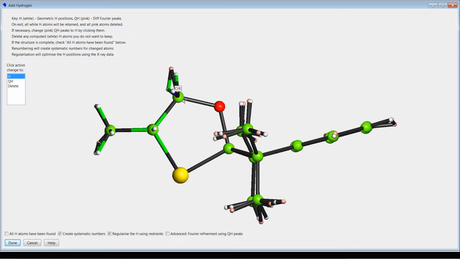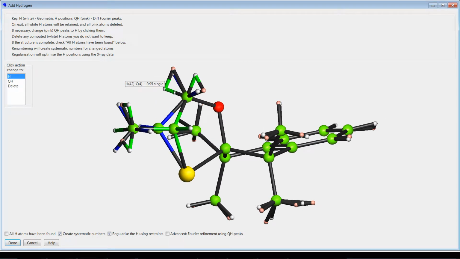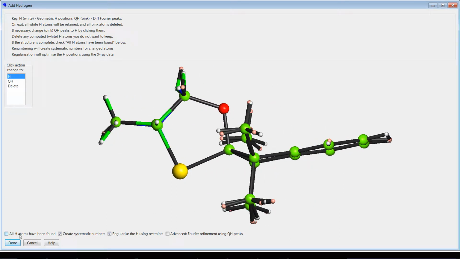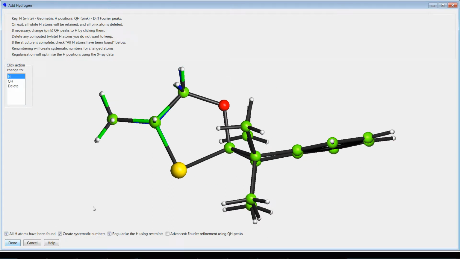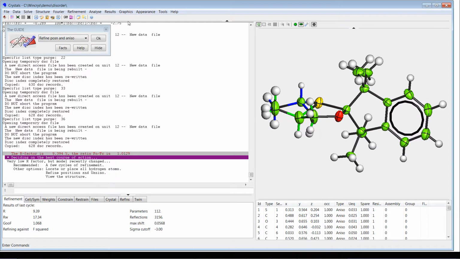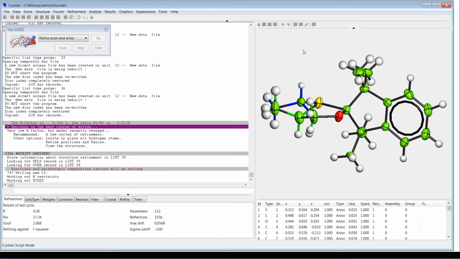Similarly on this carbon up here, we've got two hydrogens on an sp3. Ignore the pink atoms for now, it's just the white ones it's placed, and the angles vary depending on whether the neighbouring atom is the carbon 50 or carbon 51. Okay, all hydrogens have been found, done. Now it's doing some refinement, nothing's really moving, and it will close down in a second. Right, a bit more refinement,